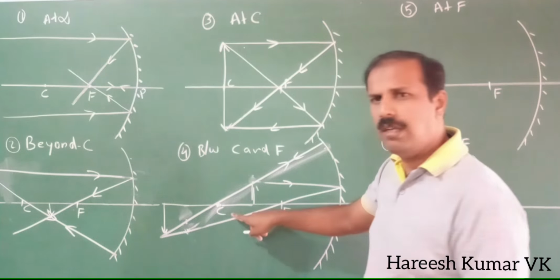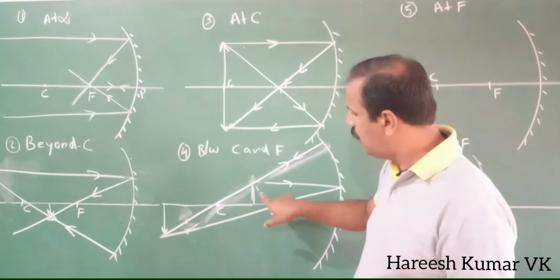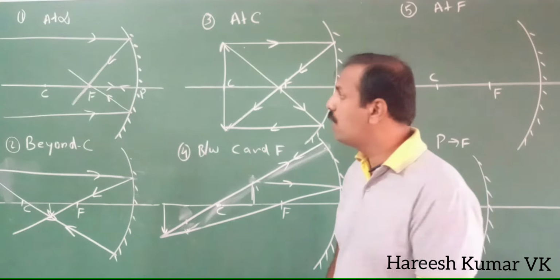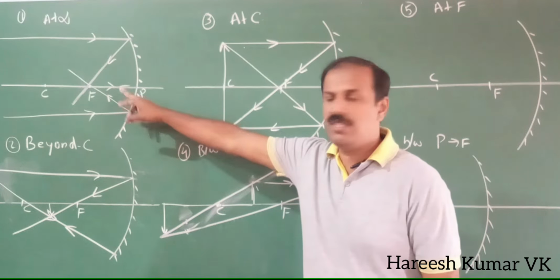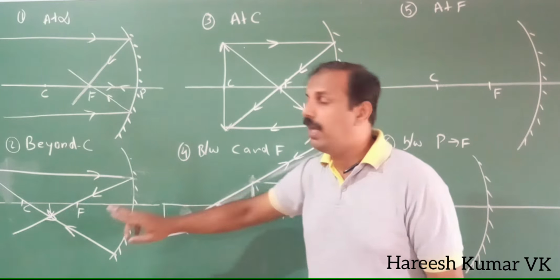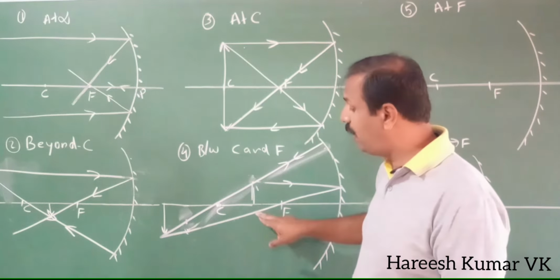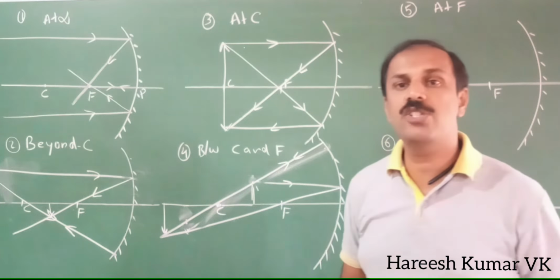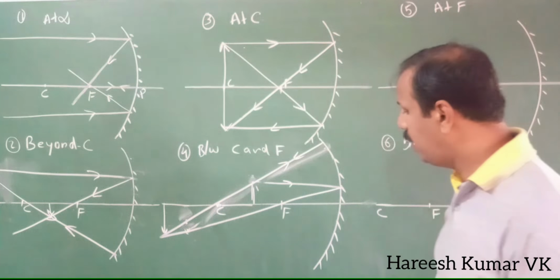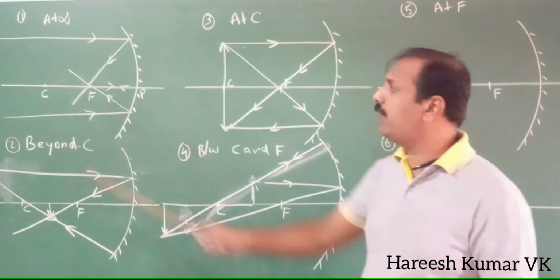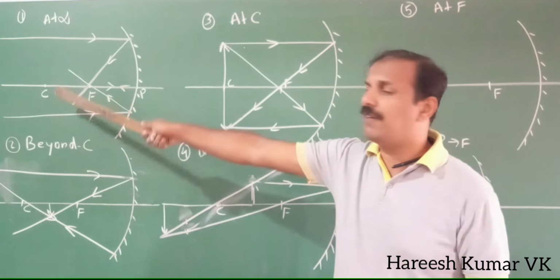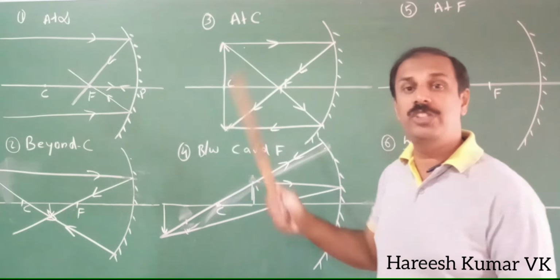Now in this case, another difference you can note down, that is, the image became bigger than the object. It is an enlarged image. So first case highly diminished image, second case it is a diminished image. Here same size, here it is enlarged. The size of the image became bigger than the size of the object. So I think that is clear. The main point you have to remember is when the object comes near, the image goes that side. So if you get the first position, the remaining you can get with the logic.